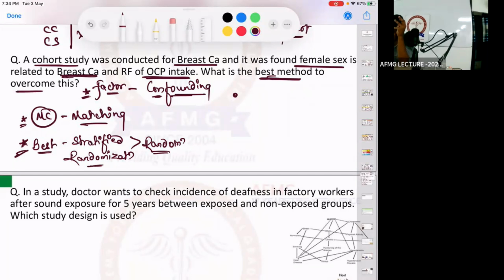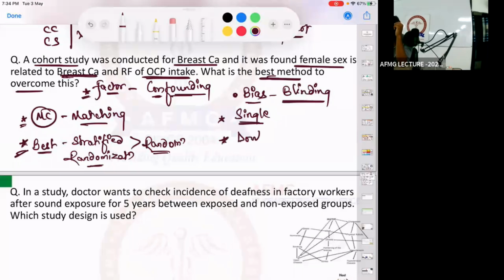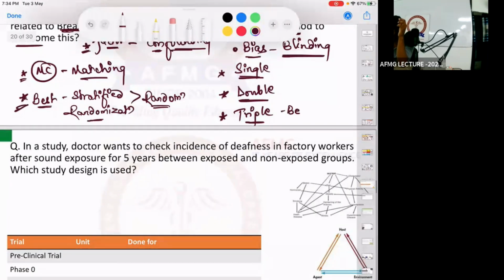To overcome these biases, what is the technique used? For overcoming biases, we use blinding. If only the subject is blind, it is called single blinding. If subject and investigator both are blind, it is called double blinding. If subject, investigator, analyzer, all of them are blind, it is called triple blinding. The best blinding would be triple blinding. The most common blinding is